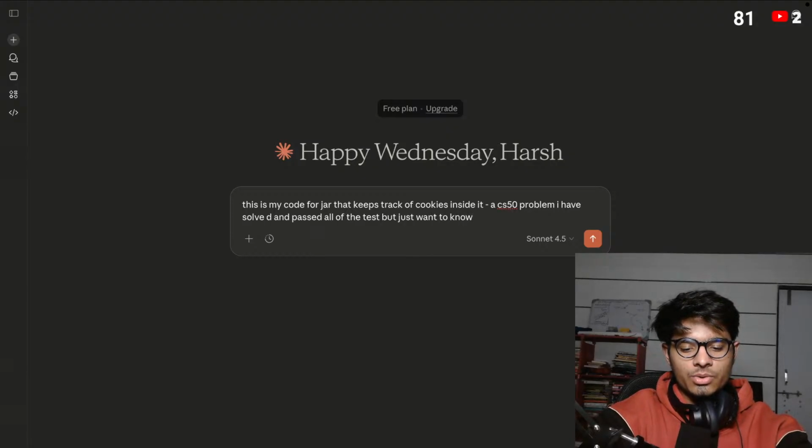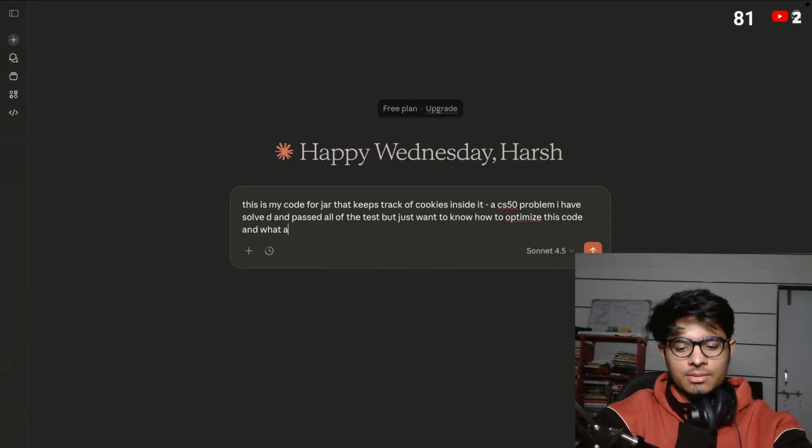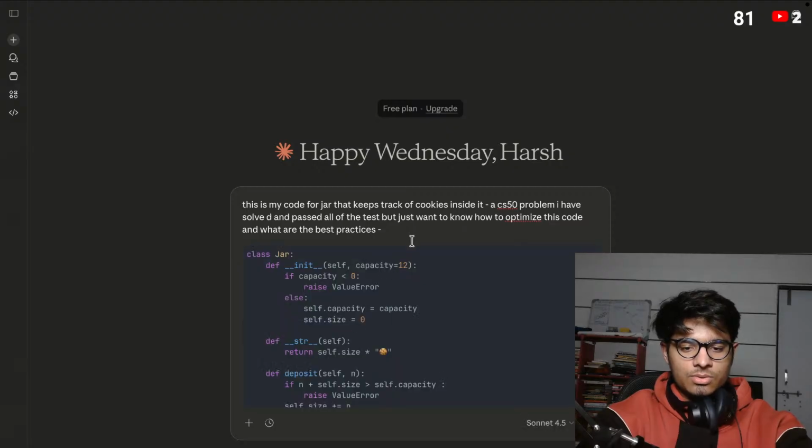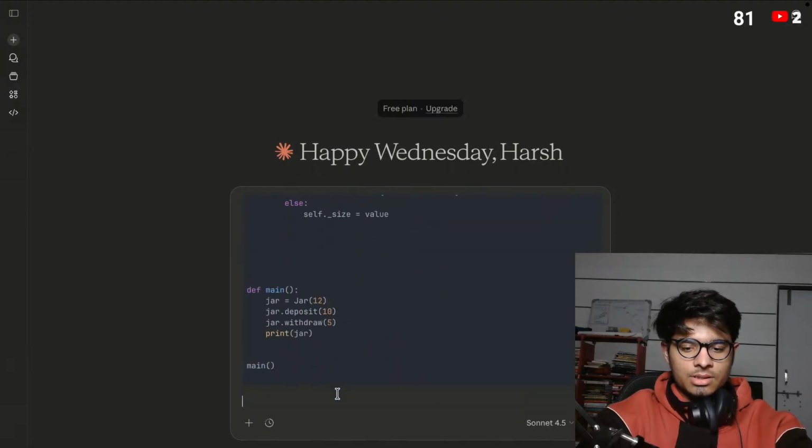I want to know how to optimize this code and what are the best practices. This is the code, and the code for the test of this code is